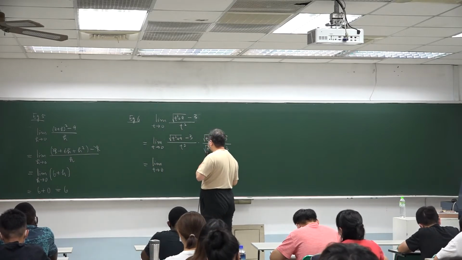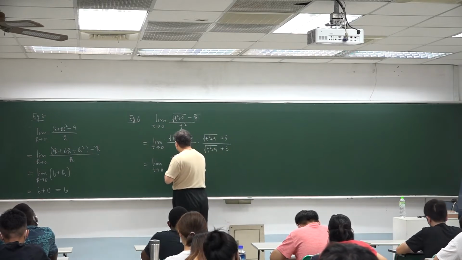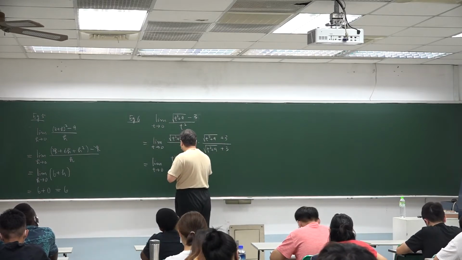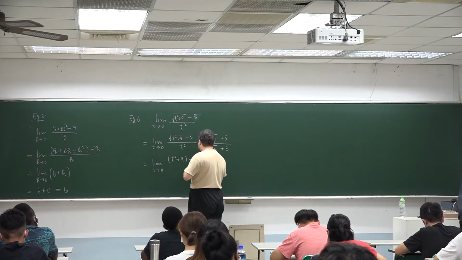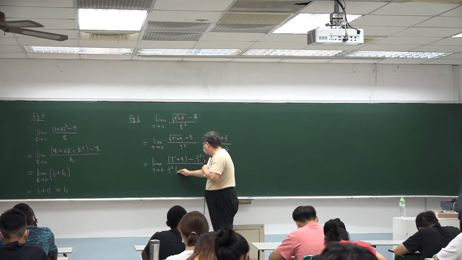This time we use the distributive law to obtain the square of this one minus the square of this one. And the denominator is